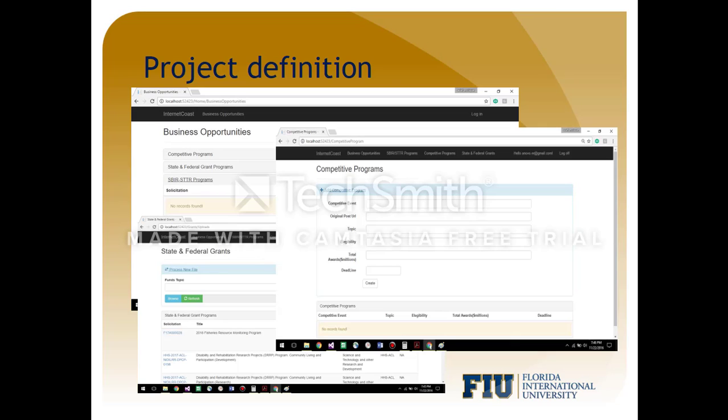So this right here shows how the competitive programs look. The business opportunities over here has a list with the three categories of business opportunities, and I'll show this in more detail later.